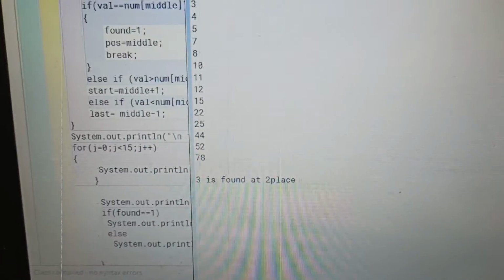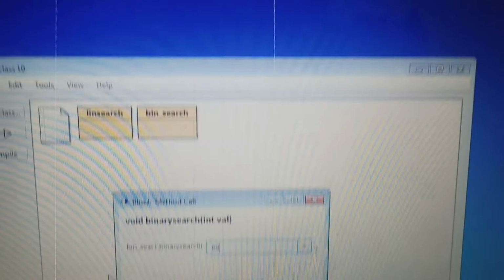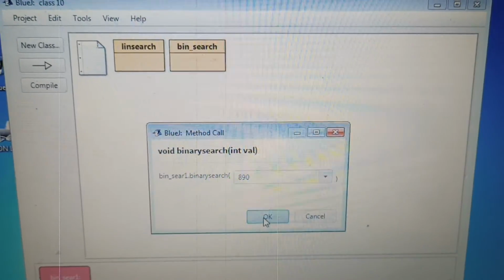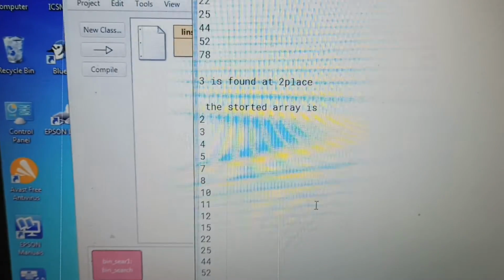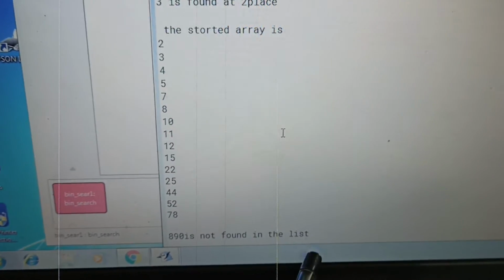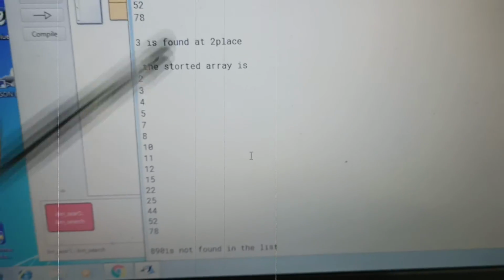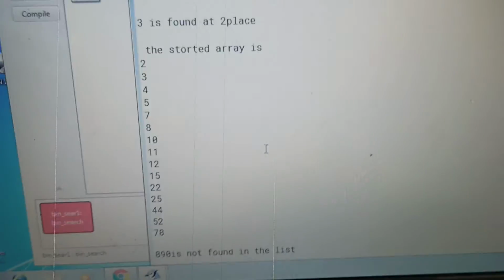Now suppose I give some other value which is not present in the array list, just suppose 80 or 90, 390, then you can see this is not present in the list. Here you can see it is showing only till 78.